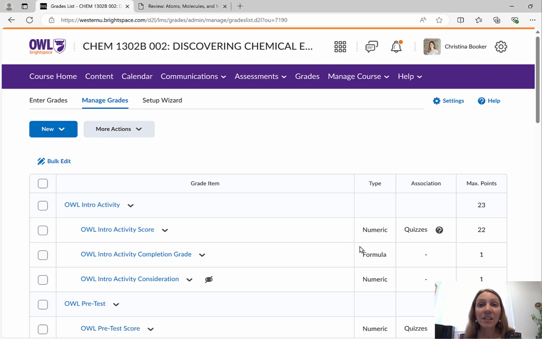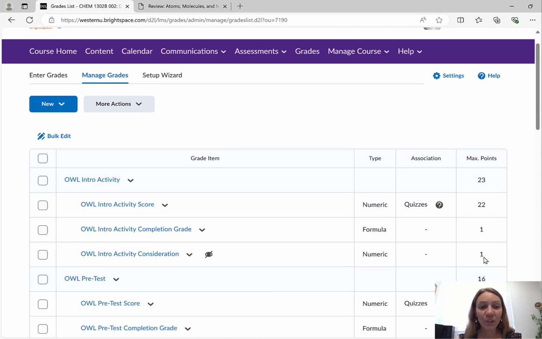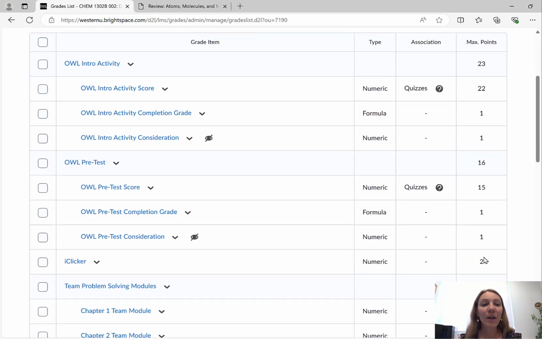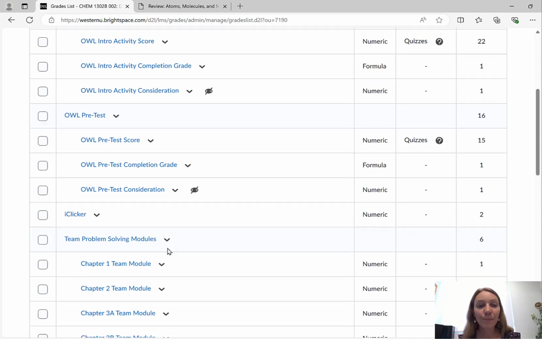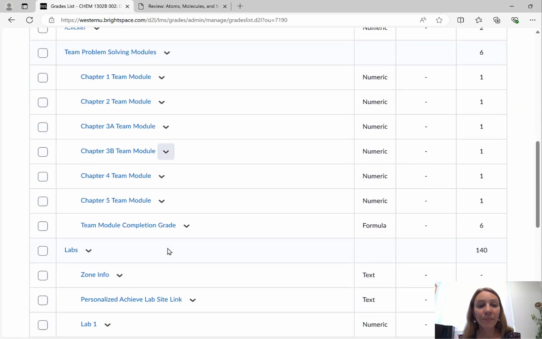And then we added an additional item with a simple formula to take that grade. If it was over 80%, give them 1 out of 1 to count towards their final course grade. We were able to upload their iClicker grades as a CSV file at the end of the term. Under the labs, we also used a text feature to communicate their zone location and assignment.